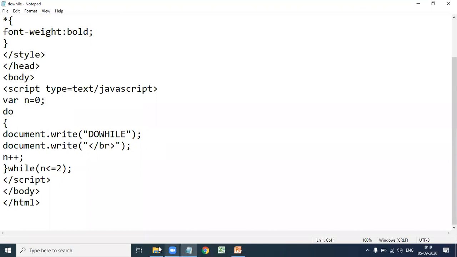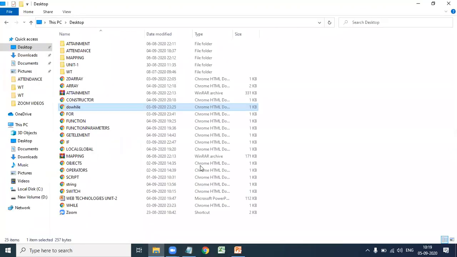Let us see the output for this one. Okay, do while is repeated 3 times. So the difference between while and do while: in do while, the body of the loop is executed first, then the condition is evaluated. In while, first we check the condition, then the body of the loop.